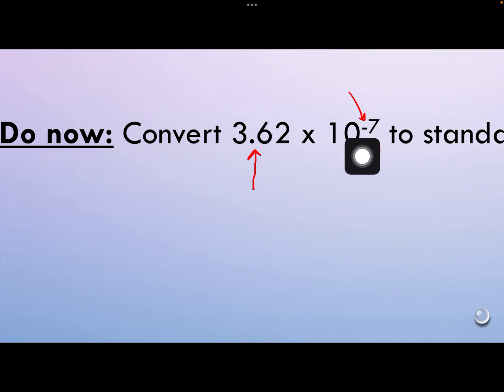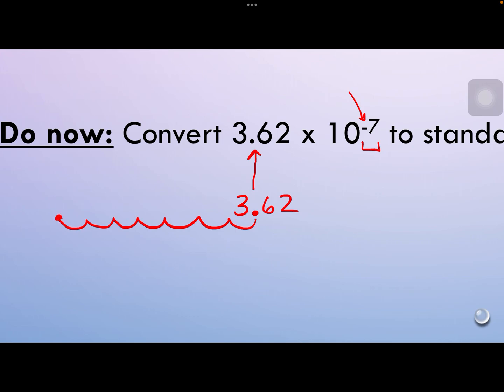So since this is a negative number, we need to move our decimal point to the left 7 powers of 10, 7 decimal places. So I'm just going to rewrite this 3.62 here to give myself some more room. So I have my original location, and I just bump it 7 times to the left. And in all of those jumps, I would put in zeros as placeholders. So that number,